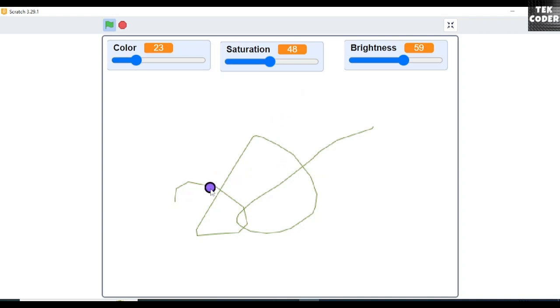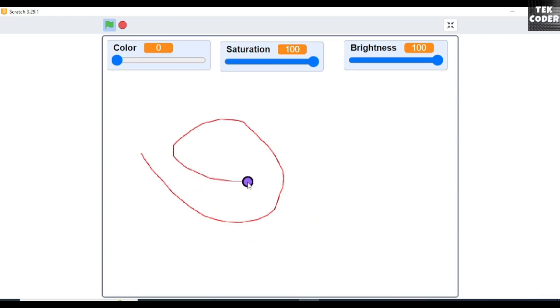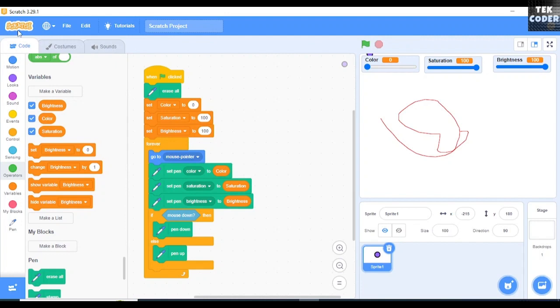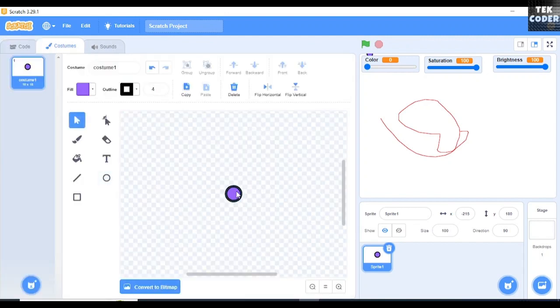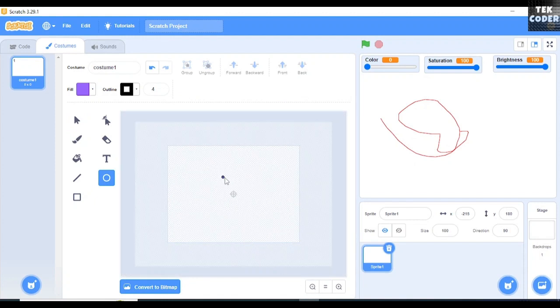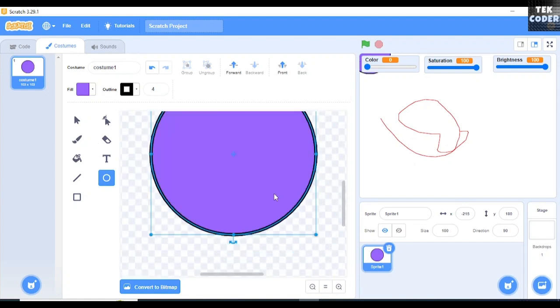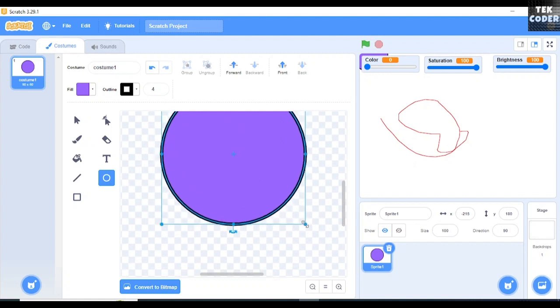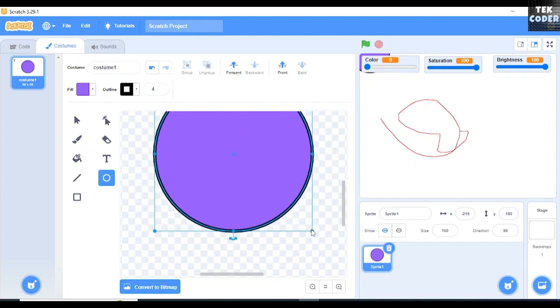But what if we wanted to change the thickness of our painting? So to do that, we'll first get rid of this costume and then create a 100 by 100 costume like this by holding the shift key and then the alt key to change its size. And then after you got a 100 by 100 circle,